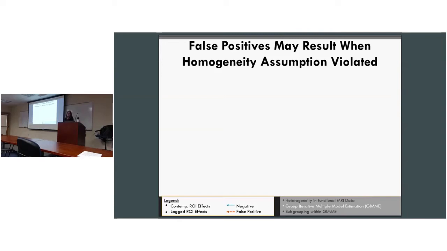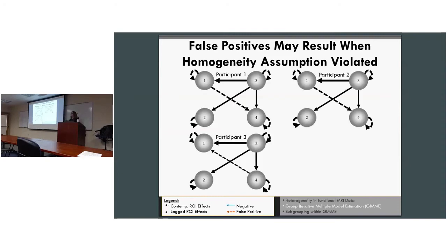Okay, so just to drive home another reason of why not to do group level analyses is that when we conducted group level analyses where we concatenated individuals, we arrived at a pattern that described no individual. And so here's a little toy example depicting that. We have these two participants, participants 1 and 2, who are identical. Participant 3 is identical except for this one path is reversed. Instead of having 1 predict 4, as we see in participant 1 and 2, we have 4 predicting 1. So it's a quite minor change given all of the other similarities that they have.